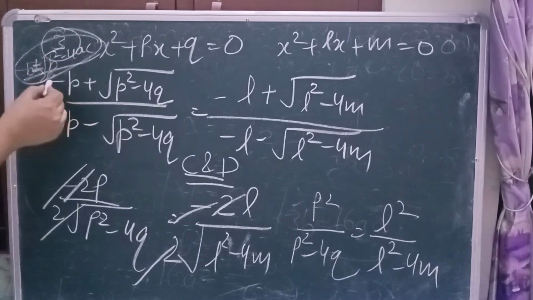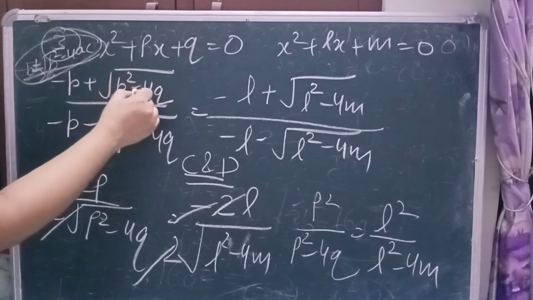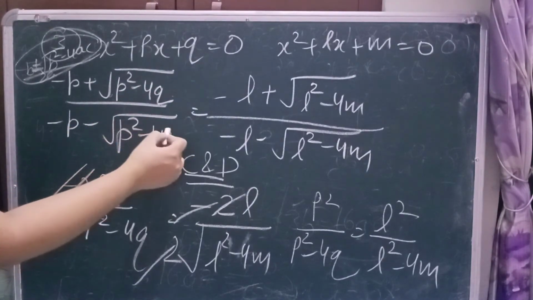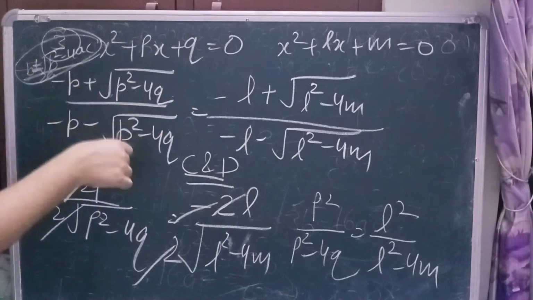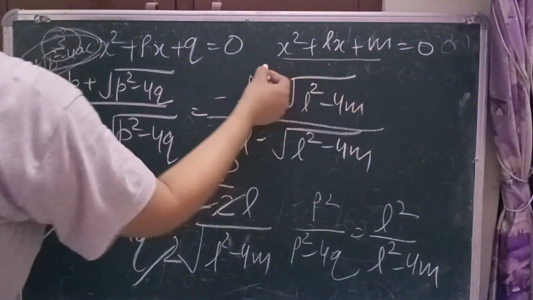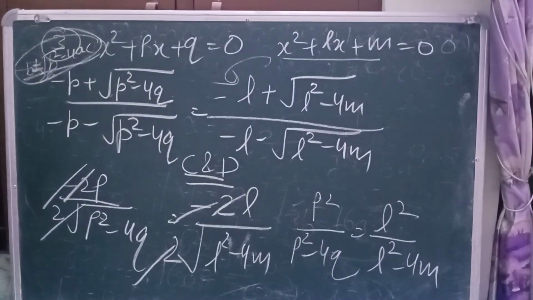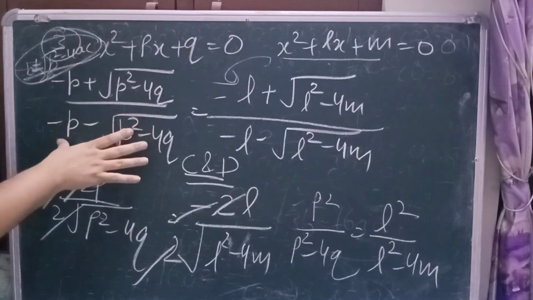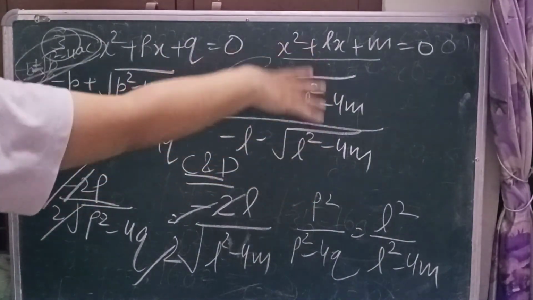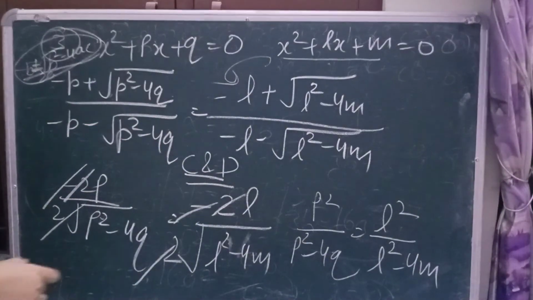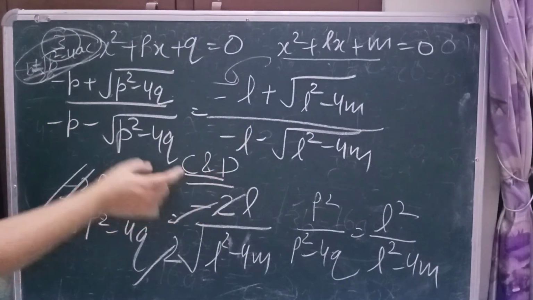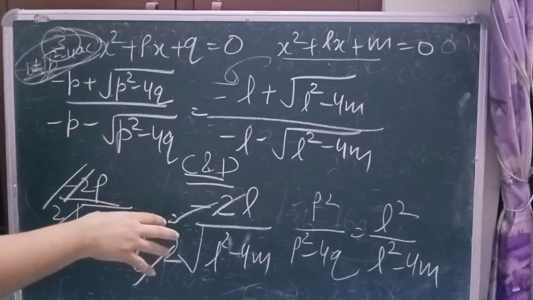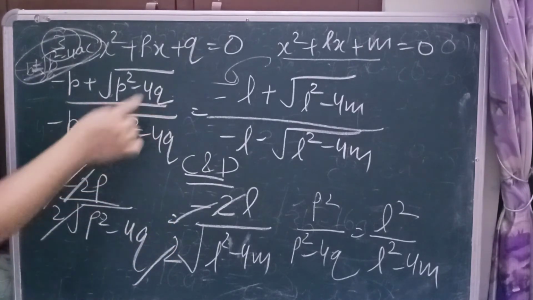one of the roots is in plus and another root is in minus. So here same condition we have used, minus b plus under root b square minus 4ac upon 2a, and minus b minus under root b square minus 4ac upon 2a. That 2a will be cancelled to each other. Same for this equation, we have found its two roots by Sridharacharya formula, and we have taken the ratio. Now we have taken the ratios of the roots of the first quadratic equation and the second quadratic equation. Then I used the componendo and dividendo rule to change it into a simpler form.